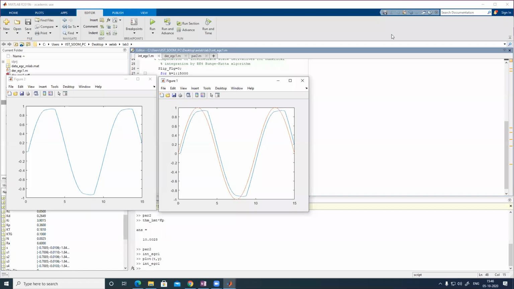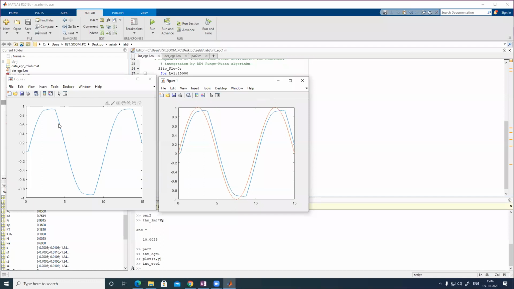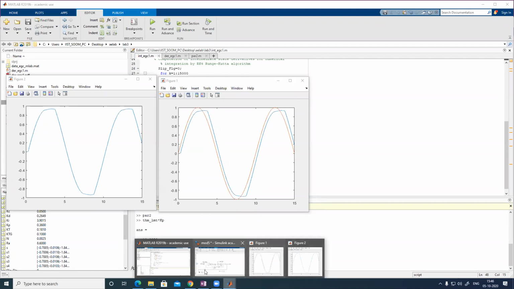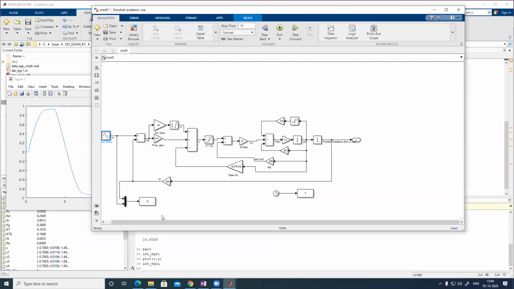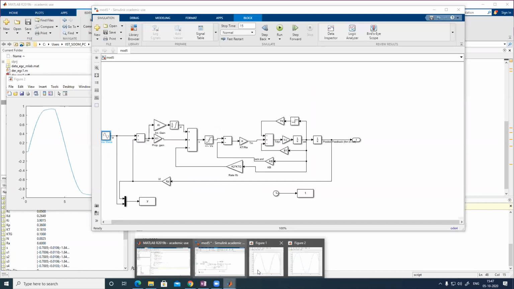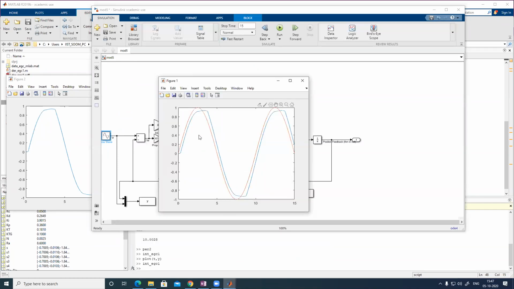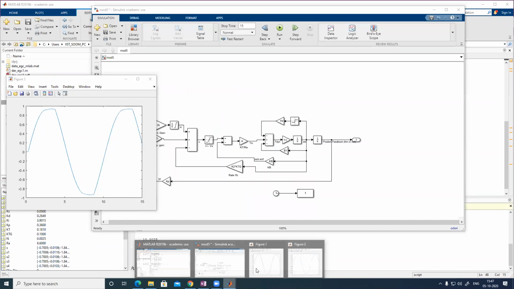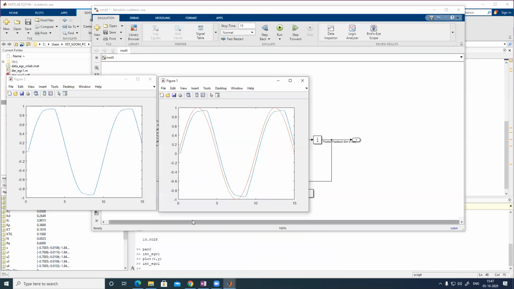So this one is the proof for your lab. This one is coming from integration IND underscore EGC1, and this is plot T comma Y. Y is having input and output, so these 2 graphs are coming, 2 waveforms. This is the sine wave as input, this is the output. These 2 graphs are matching. This is the proof for today's lab, and from the next lab onwards you are doing it with MATLAB code only.